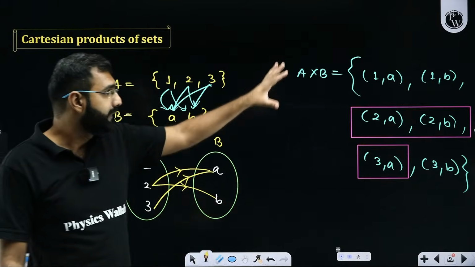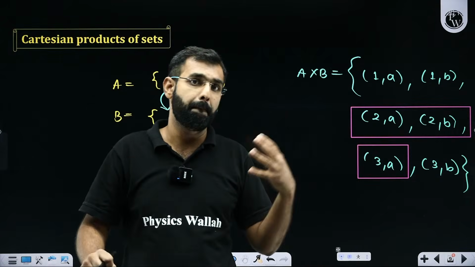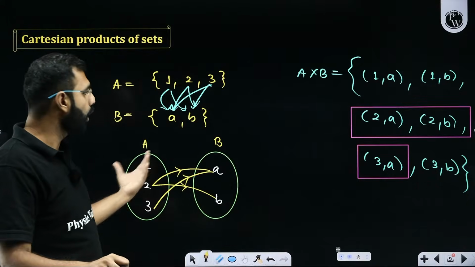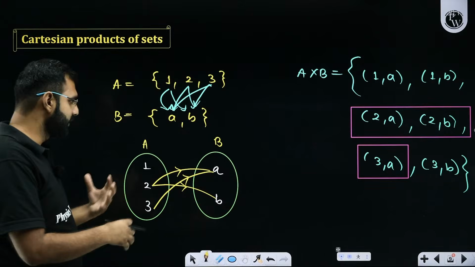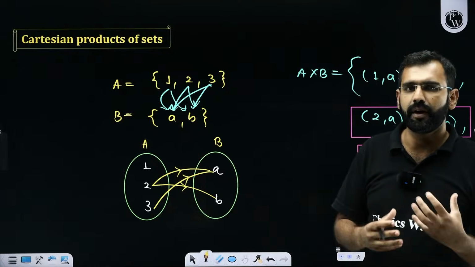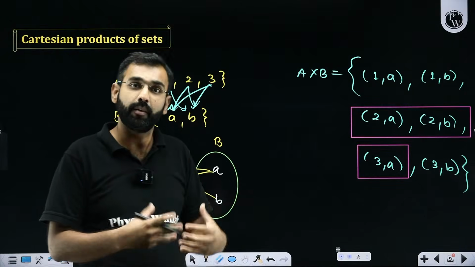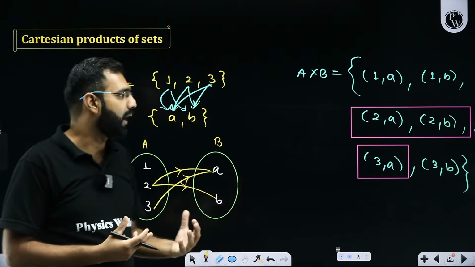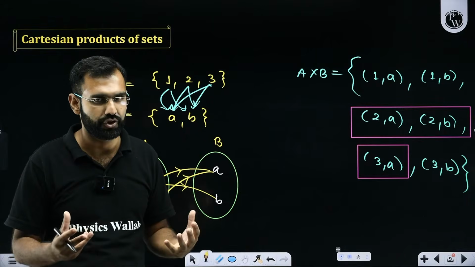Out of these 6 ways, if I choose some ways or choose some possibilities, it will be called a relation. For example, this way I have chosen. So, sir, is this the only way I could choose it? Absolutely not. You could have chosen some other ordered pairs, and in that case, it would have been some other relation. So that's how I could have had a lot of different types of relations.